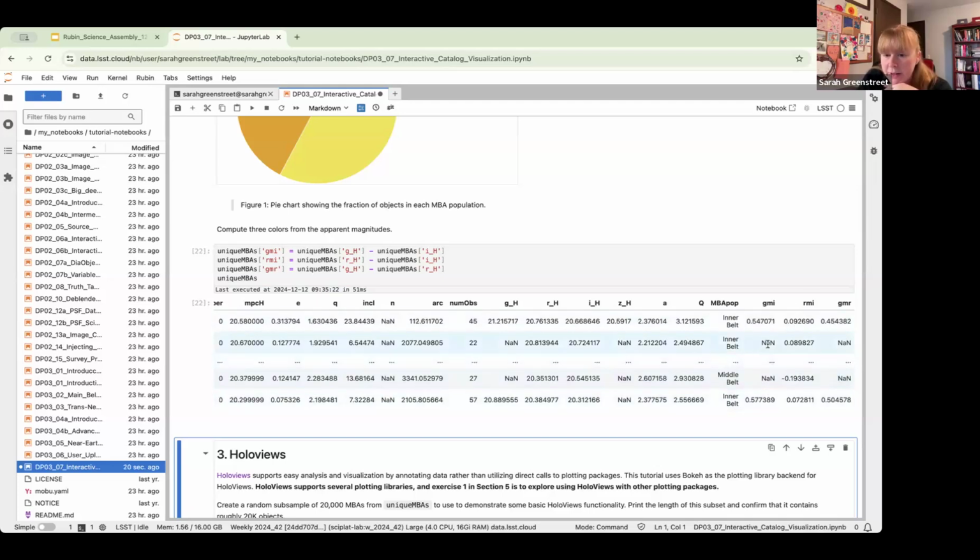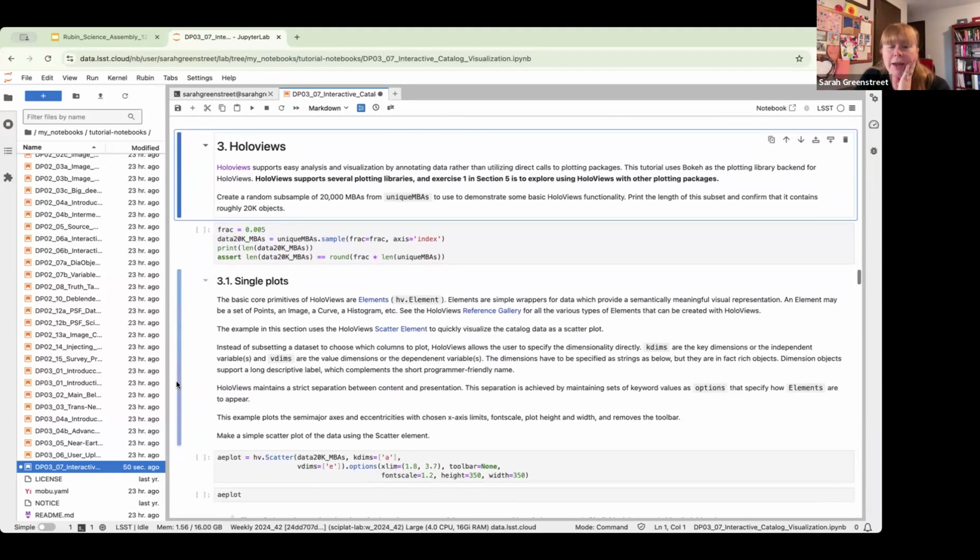Some of them have NaN values because some of the apparent magnitudes that go into those colors are themselves NaNs. There were no magnitudes collected in this simulation for some of these different bandpasses, and so, of course, the colors don't actually make sense. But that's okay. We've got our colors in here. A lot of these objects have the full colors, so we can use those colors for making some of our plots farther along. Okay, so that's a lot of setup, but we now have all of the data that we want to be able to use for making some of our plots